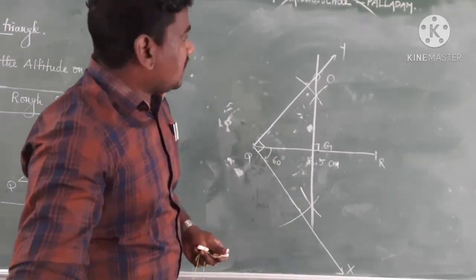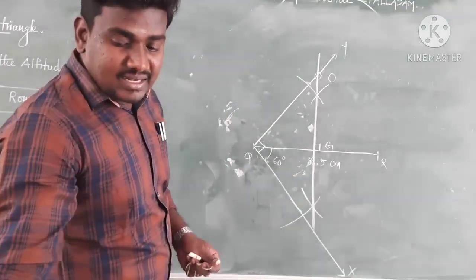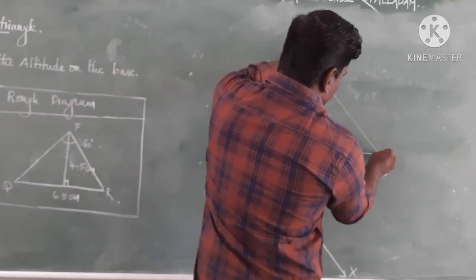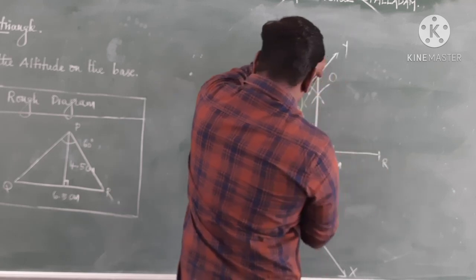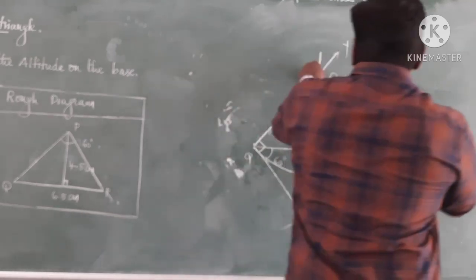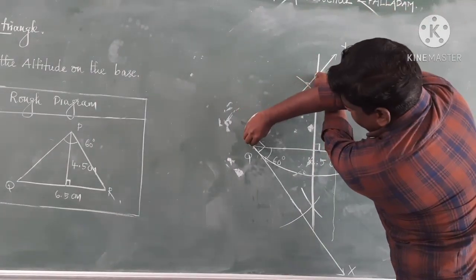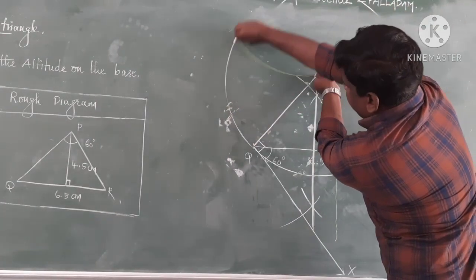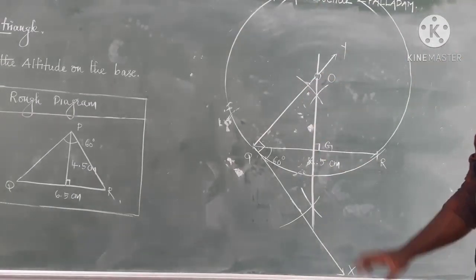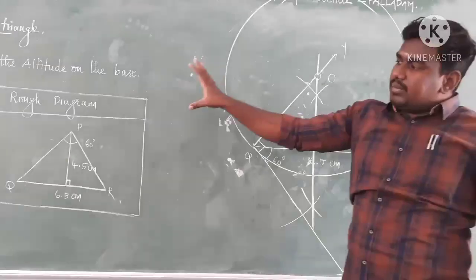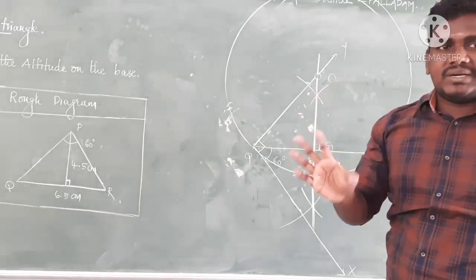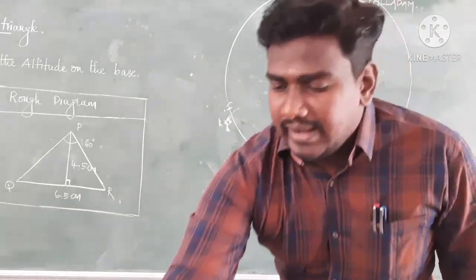Now I am going to draw the circle, it means the circumcircle. Take O as a center, OR or OQ as a radius, and draw a circle. Okay, this is the required circle. In the previous problem we drew it by using the median. Here it is altitude. The difference between altitude and median: